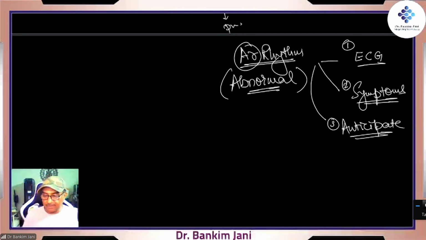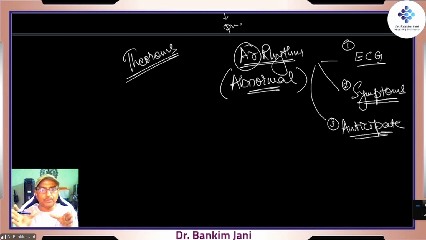That's the reason arrhythmia, which is considered a very tricky topic, is actually like mathematics. You must have solved many theorems, correct? In a theorem, what was the thing? Initially, you are given certain things, and finally you have to prove. The things will go exactly in the same way. There will be specific data. That particular data you keep in mind, and then accordingly you implement it. So some of the facts which are